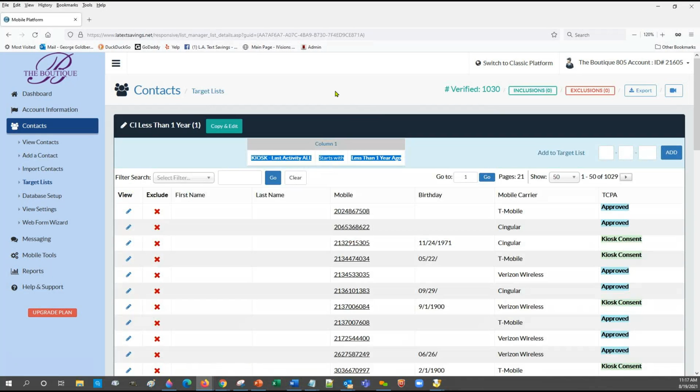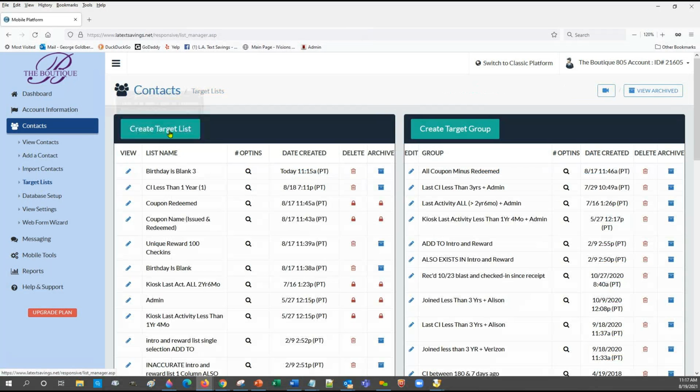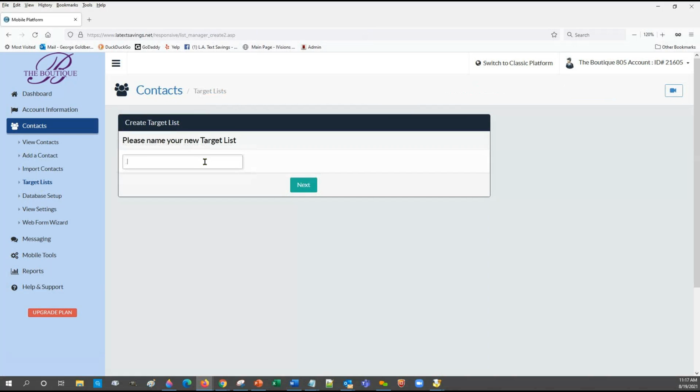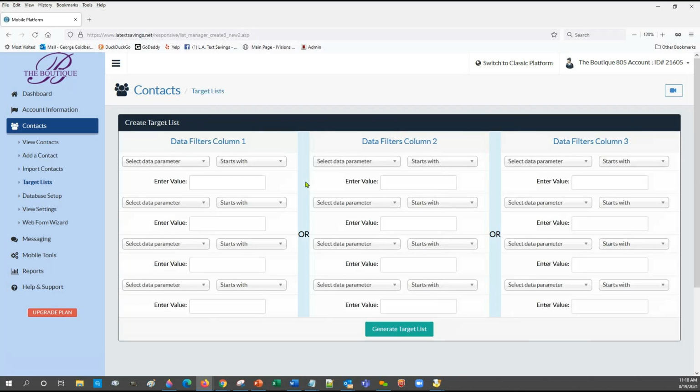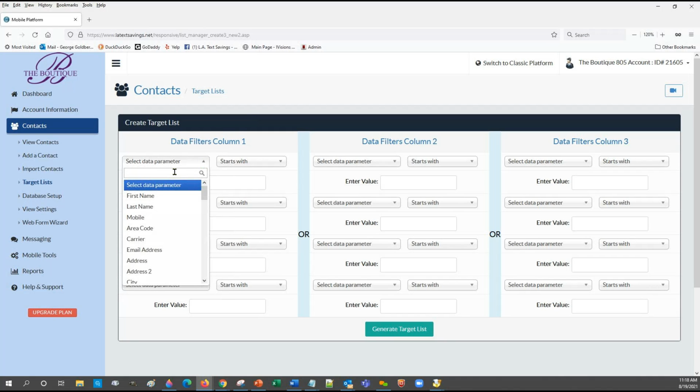So let's show you how easy this is to create. Again, from the target list menu, we click the create button, and then we enter a name. Okay. Checked in during the last year. Then we use the drop-down menus and columns where we select our data. Again, data filter column 1. In this case, I want kiosk